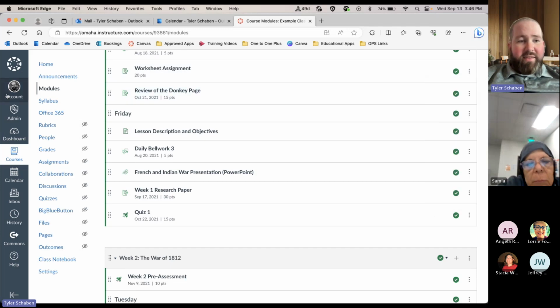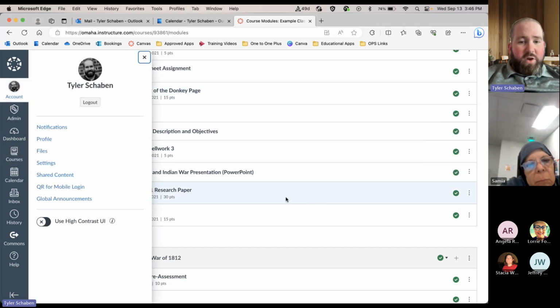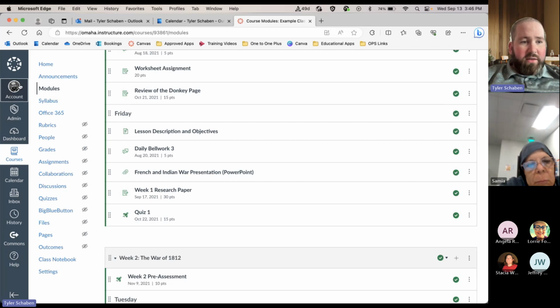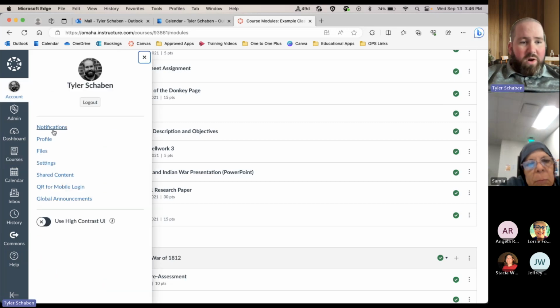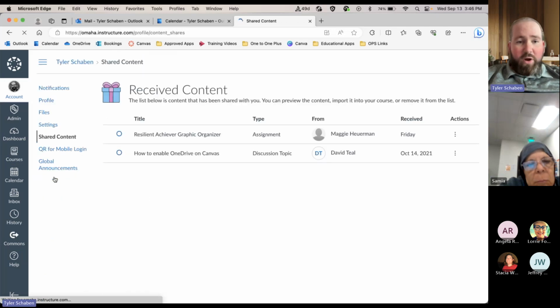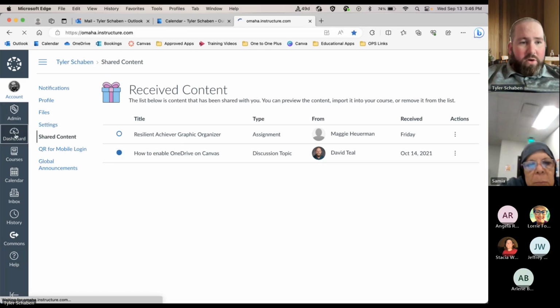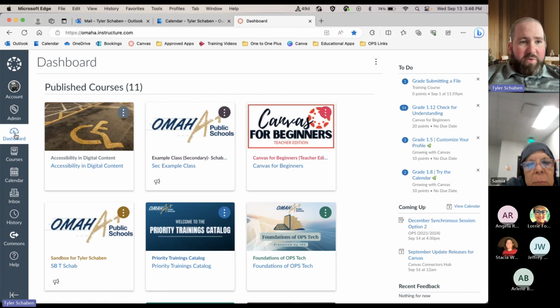Once they get that content, if you come up here to the account area, you'll notice that one of the options under account is shared content. And this is where it pops up. So let me click this to turn back on the notification. What that teacher will see when you share something with them